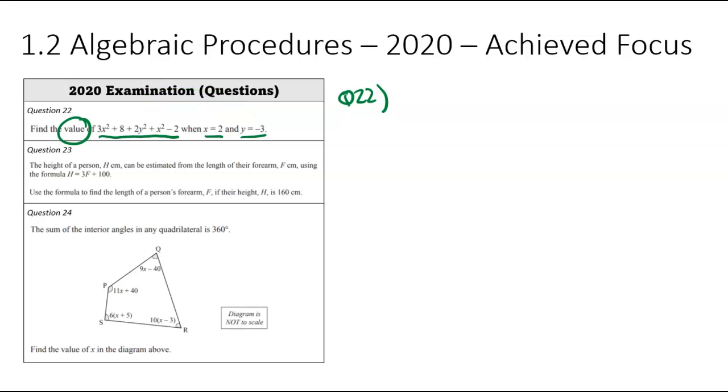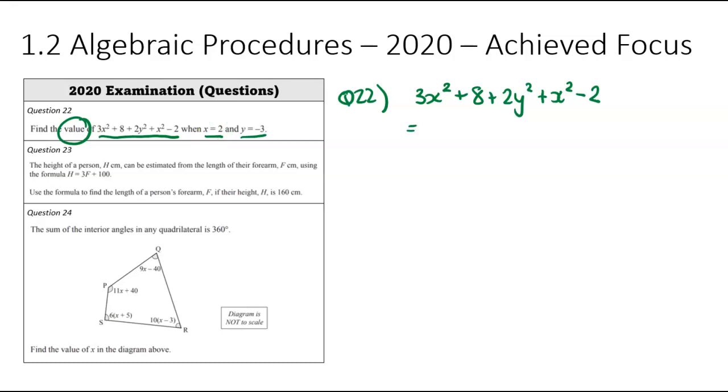So let's start just by jotting it down so we don't do any silly math errors on video. So we've got 2x squared plus 8 plus 2y squared plus x squared minus 2. I'm now going to substitute. Remember, the x's are becoming 2 and the y's are becoming negative 3. When you substitute, make sure you put it in a bracket to avoid any silly math errors, particularly with